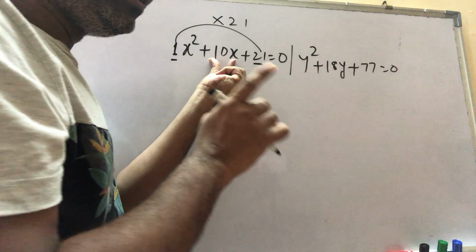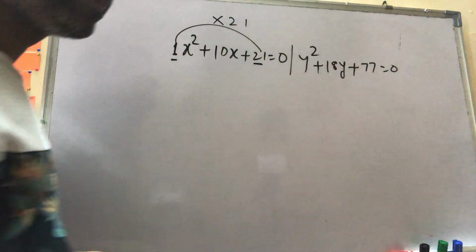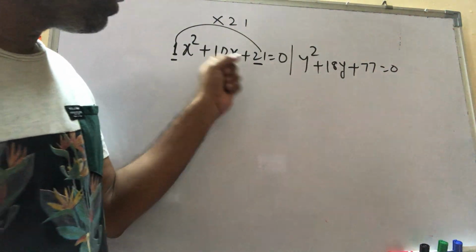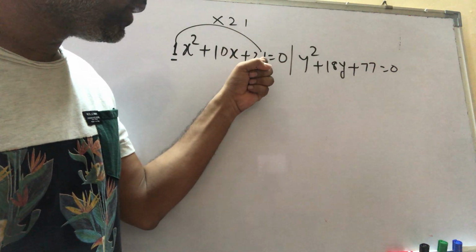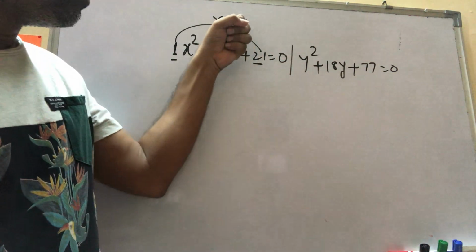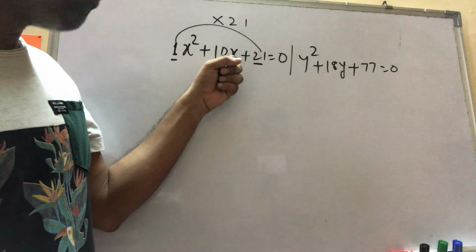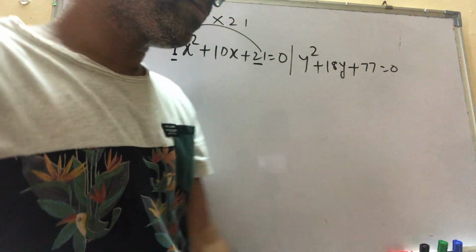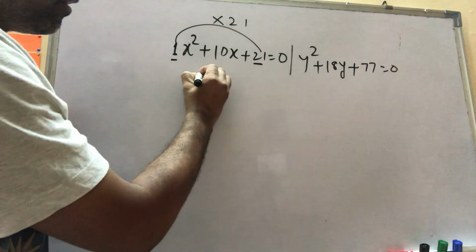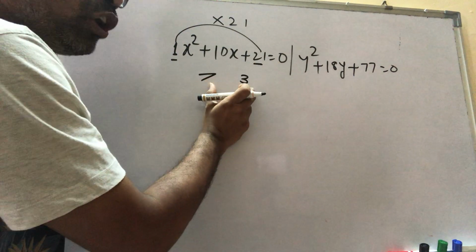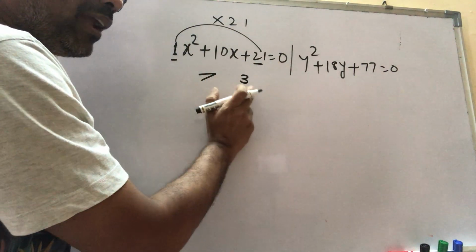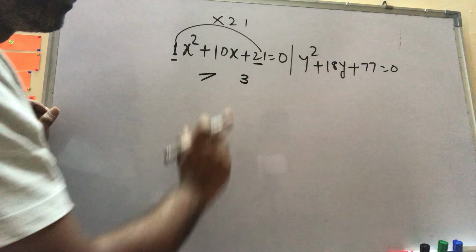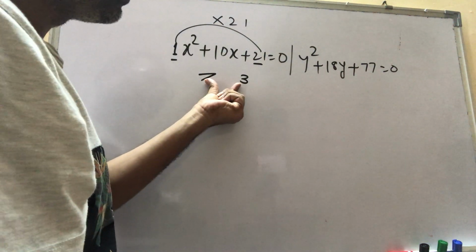those two factors should be what? 10. So what are those factors? So here we have what? 1 and 21. So multiplication of first and last digit is 21 and the addition of those factors should be 10. So here you will get the factors 7 and 3. So 7 threes are 21, and when you do addition of 7 and 3, that will be 10. So 7 and 3, these are the two factors.